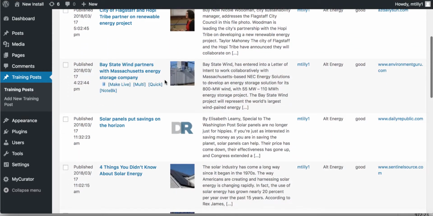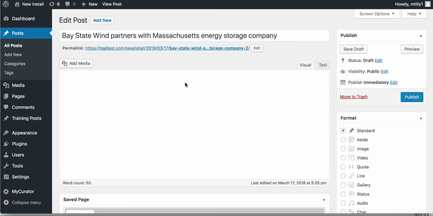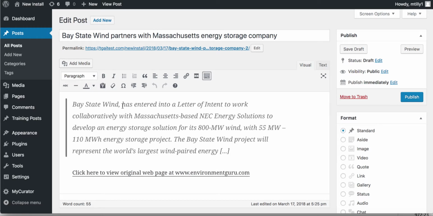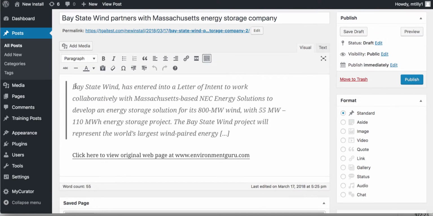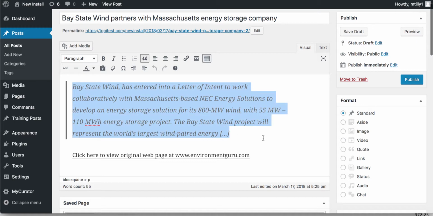So I come down and say, oh, here's a nice one, doing energy storage. To curate, all I do is look for this Make Live tag. Click that and I get a new window and I'm right in the WordPress post editor. I've got my short excerpt and I can view the original web page, my attribution. Let's say I don't want that excerpt though. I'm going to delete that out